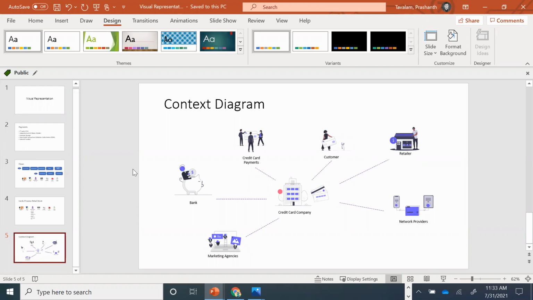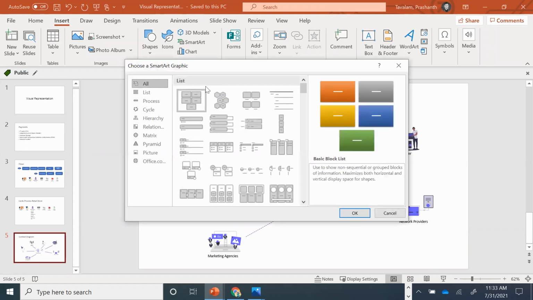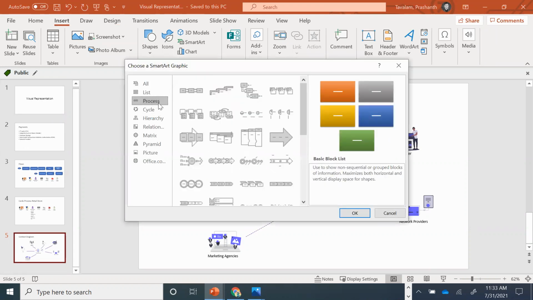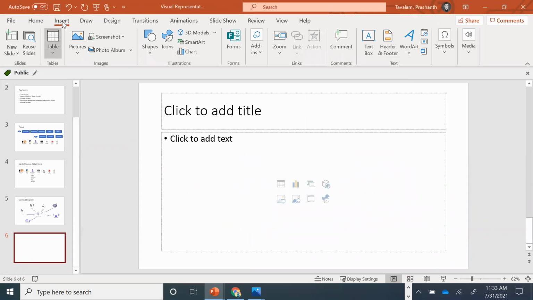I think with presentations, as you do them, try to represent as much visually as possible, and also use SmartArt. SmartArt is very important. If you have too much text, try to use SmartArt to improve the whole experience.